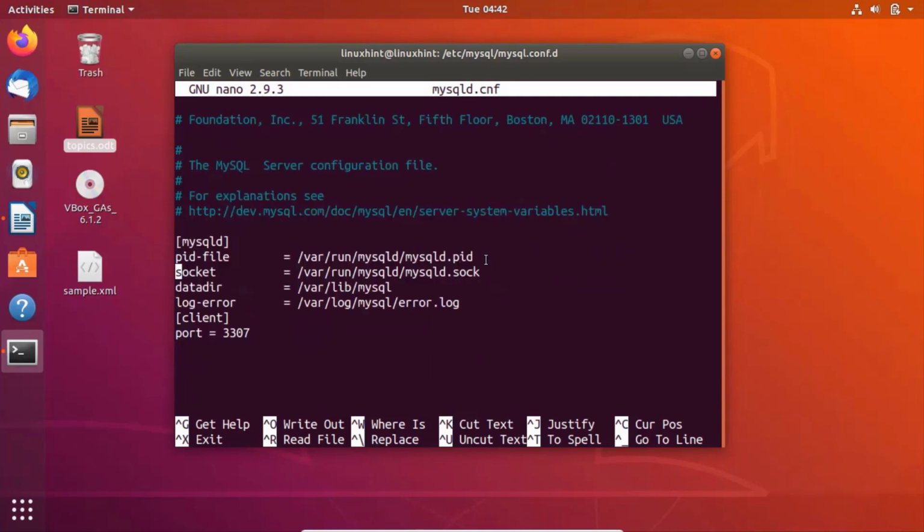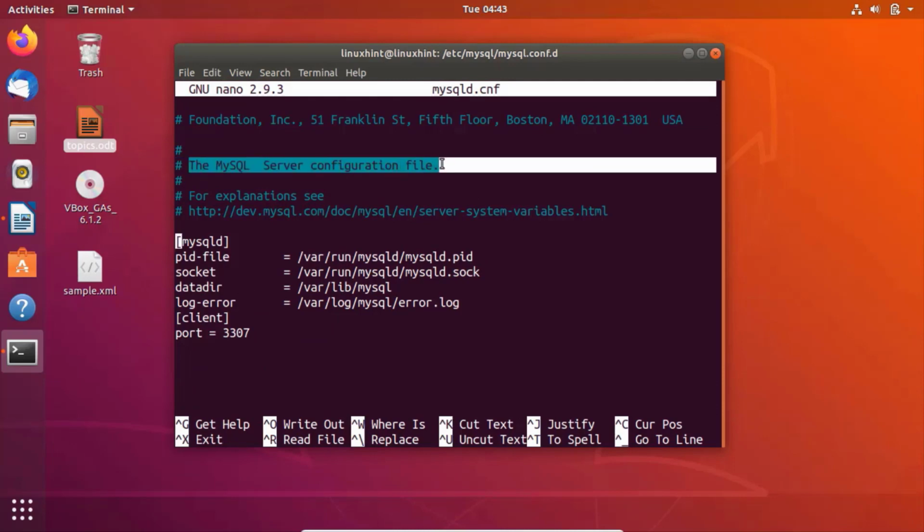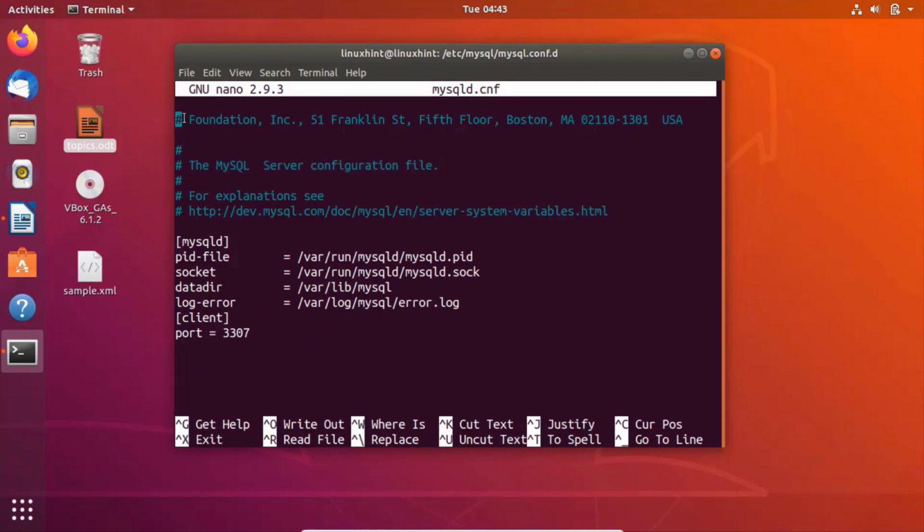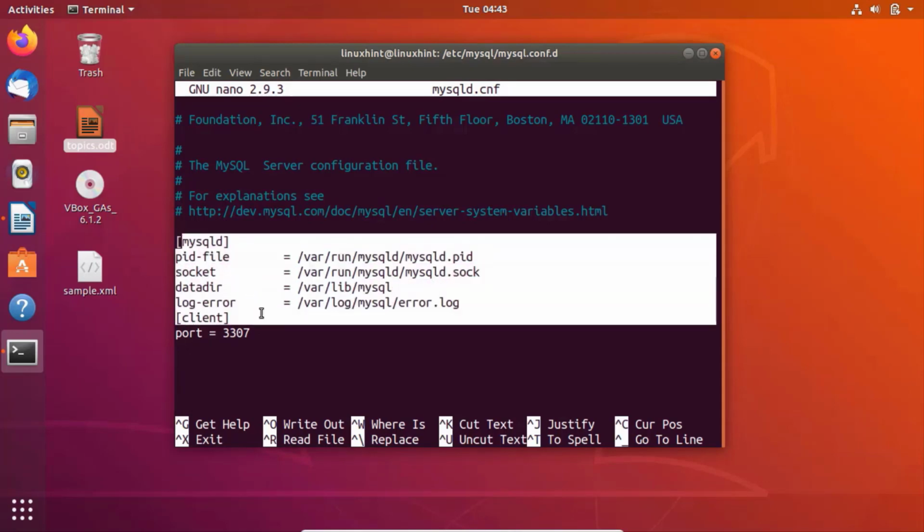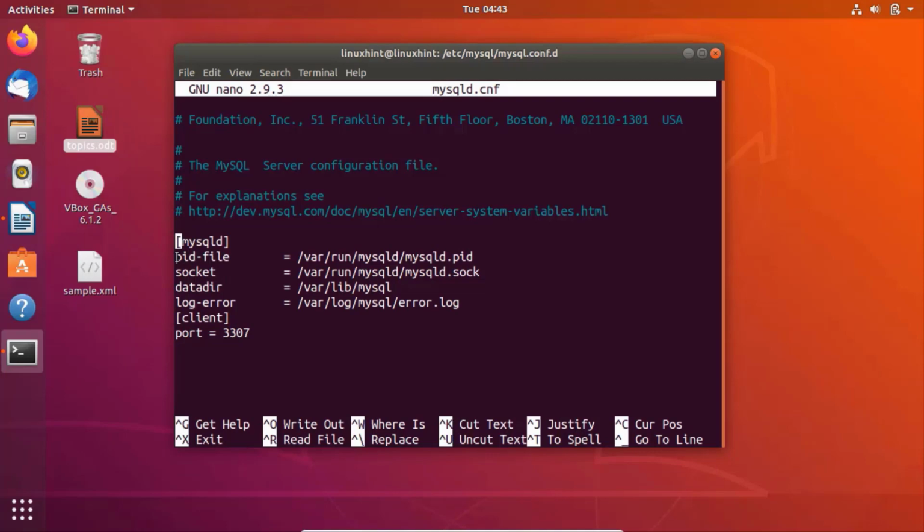Alright, the file is opened. So as you can see, it is the MySQL server configuration file. All the lines with the hash are the comments actually, and these are the configuration lines. So from here the configuration of the MySQL server starts. We have a PID file which is located here, /var/run/mysqld/mysqld.pid, and similarly we have a file for socket, and we have a data directory here that is